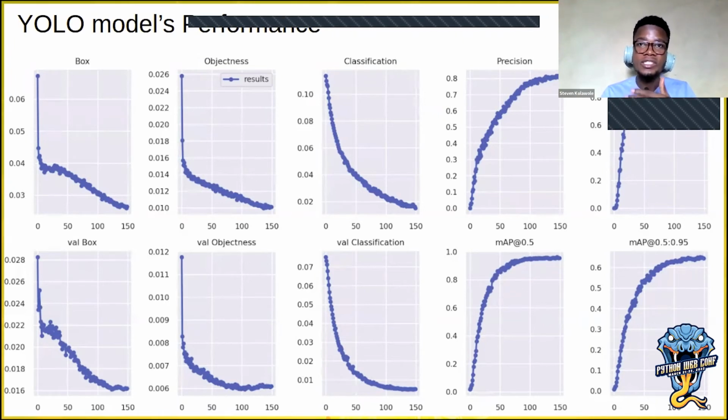So the intersection over union is simply the overlap between the true bounding box and the predicted bounding box, and this particular one is at 50% overlap. So we try to gauge the accuracy of the bounding boxes overlap at 50%. We have something close to 100% over here. And when we compare it at 95% overlap, we have something close to 70% accuracy.